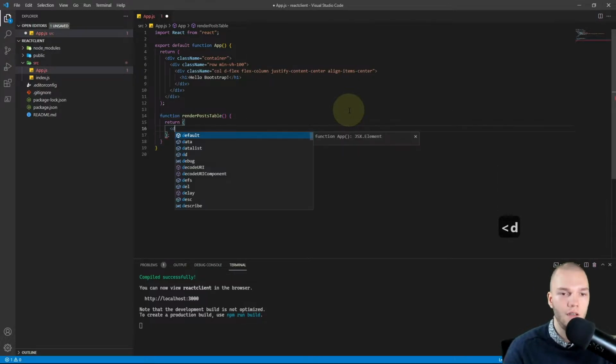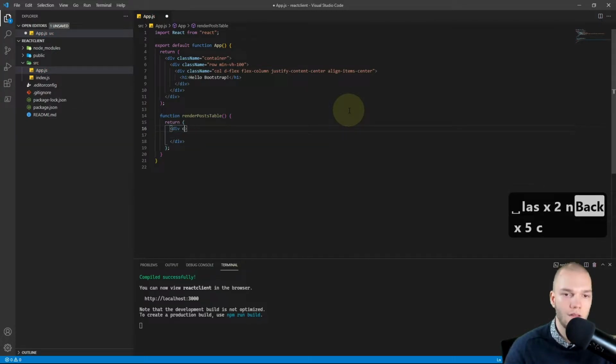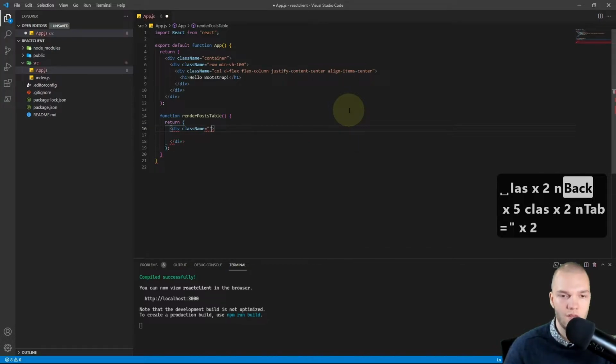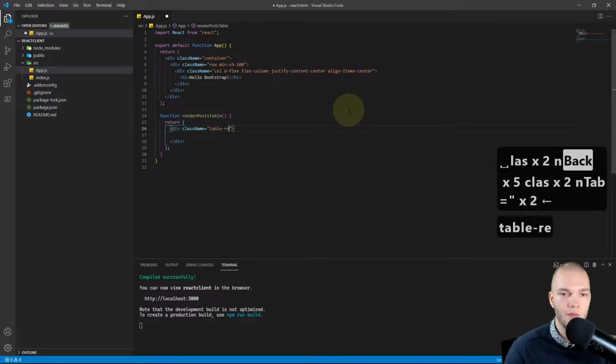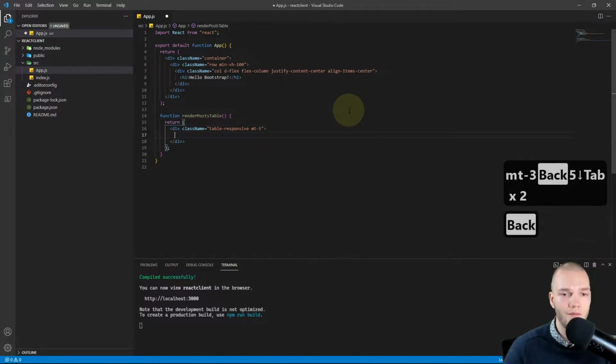And for the root, I'm just gonna wrap it in a div, and we're gonna set the class name to table-responsive, so that's just a Bootstrap table, and I'll add mt-5 for margin top 5.